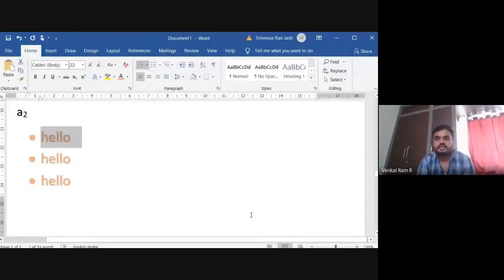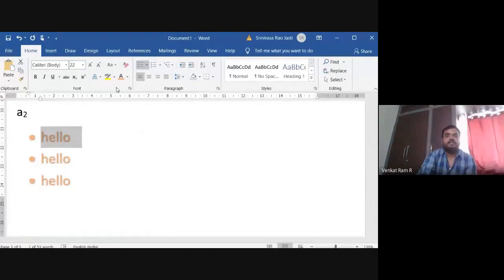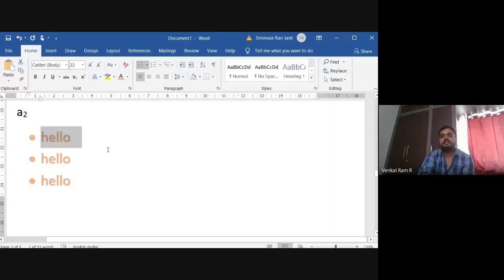Vedit Krishna, right. What you said is correct. This will highlight only the text, meaning the word which you select, whereas this will highlight the whole sentence. Okay, good answers. Thank you.